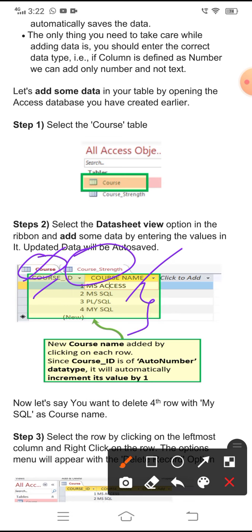And in course name we have four course names: MS Access, MS SQL, PL SQL, MySQL, structured query language. And a new course name is added by clicking on each row. Since course id is of auto number, the number will be automatically incremented by 1, like 1 2 3 4 5. Automatically when we enter the next course name, it will become 5.